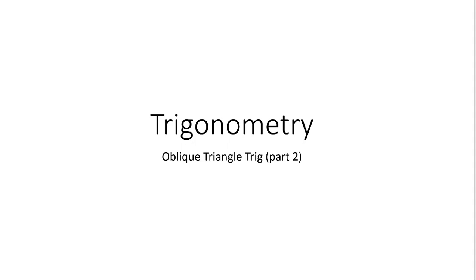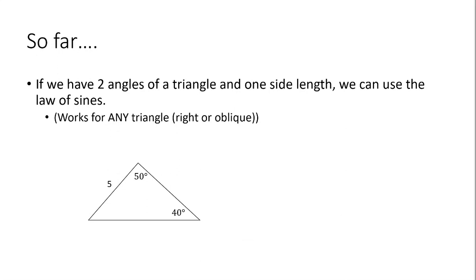All right, we got done talking about part of oblique triangle trig when we were doing the law of sines. The previous video was about the law of sines. So, what can we do with the law of sines? Well, if we have a triangle where we have any two angles and one side length, we can use the law of sines. And the reason for that is because if we have two angles inside of a triangle, we have three. Because all the angles inside of a triangle add up to 180